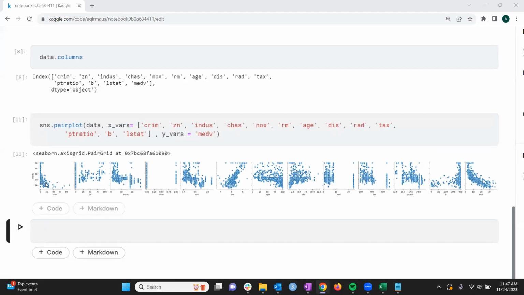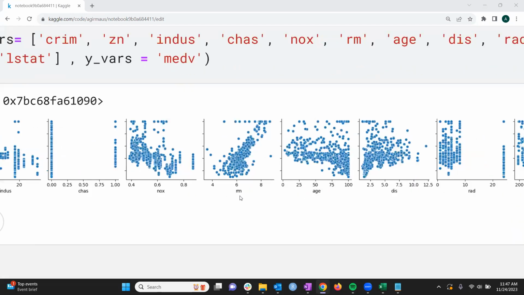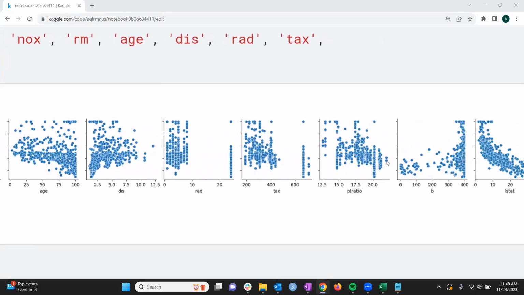For this, we can say there's not very much of a linear relationship here. Especially for this one, we don't see any linear relationship. Maybe this one is a binary variable, so we are not going to have any relationship. But for this variable, RM, which I think is the number of rooms, as the number of rooms increases, the price increases. So there is some linear relationship for this, but for age, for distance, okay,